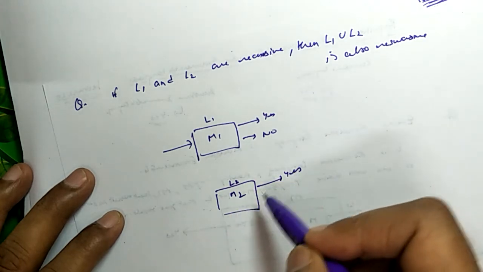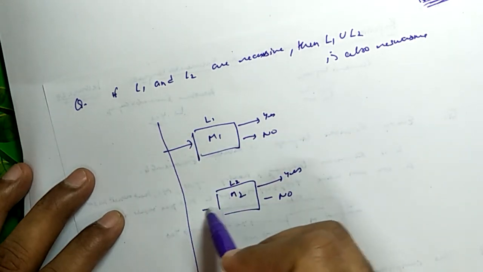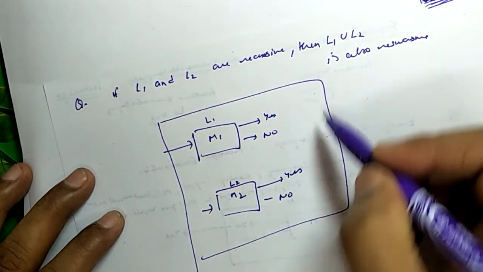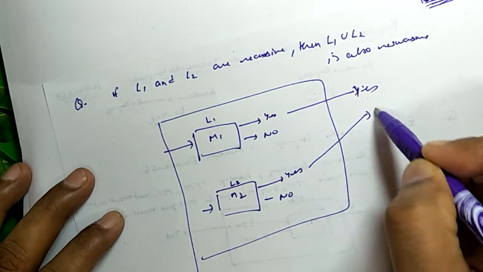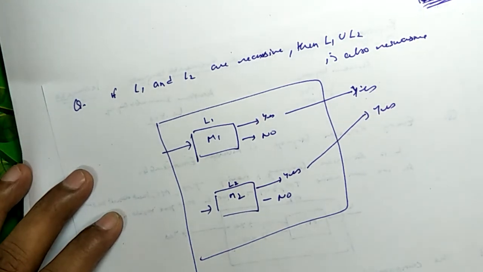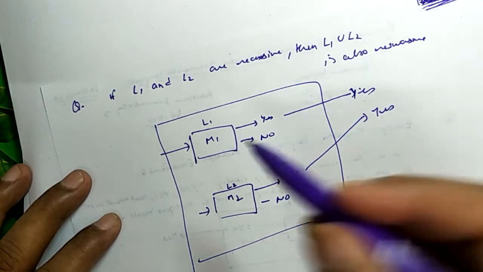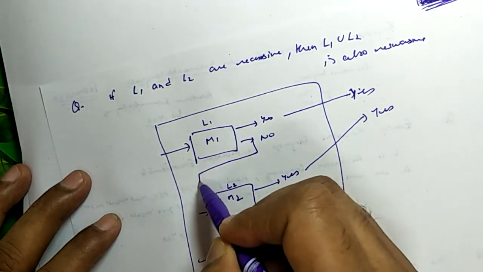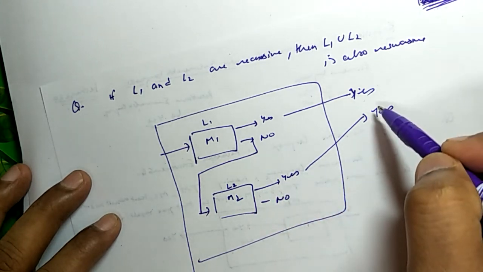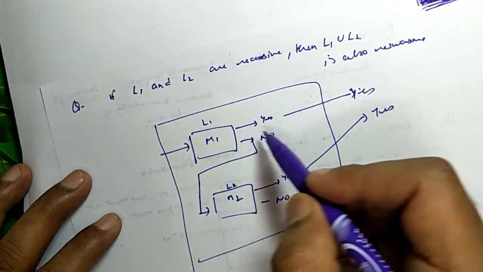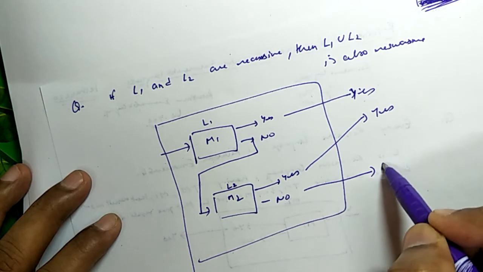So we will get a yes from this or this. So we can design a Turing machine. If we get yes from this Turing machine, we will get yes, or if we get yes from this Turing machine, it will also give yes. In the union case, it will be accepted by any Turing machine. If it is rejected by the first, then if it is accepted by the second, it will give output yes. If it is rejected by the first and rejected by the second also, then we will get no.